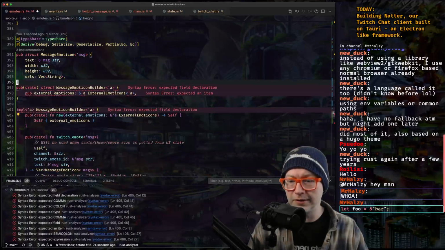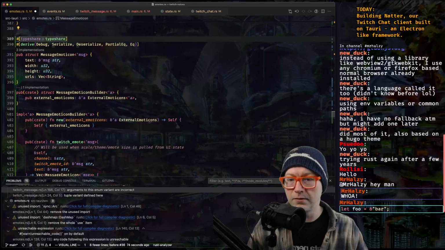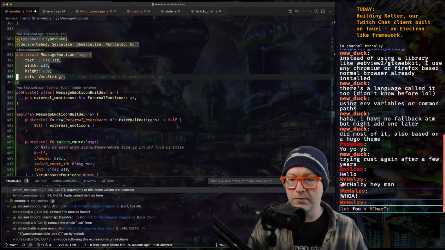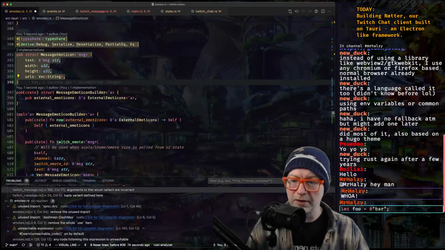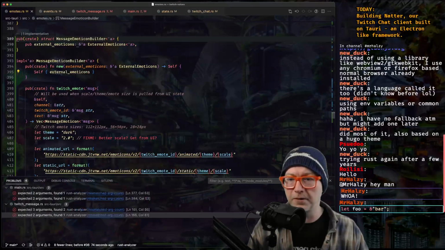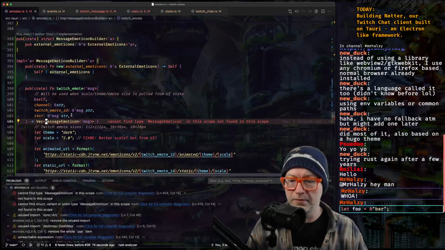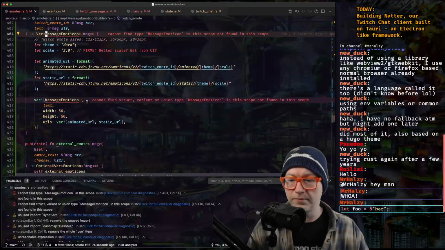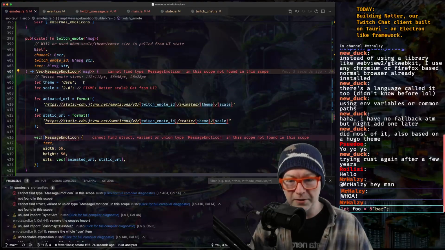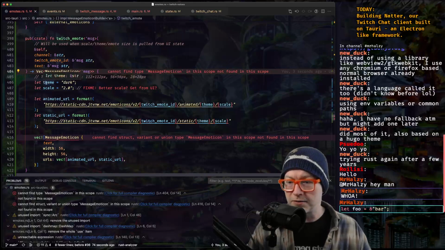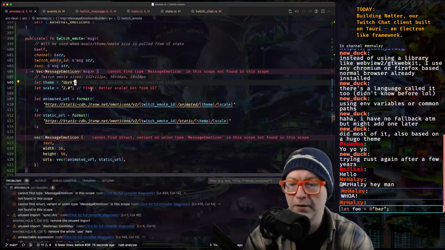I say we delete this one. So we delete this one, we go to use the other emoticon. Okay. Yeah, there we go. We also need options for themes in here, because Twitch has two different types of themes. One will be light, one will be dark.